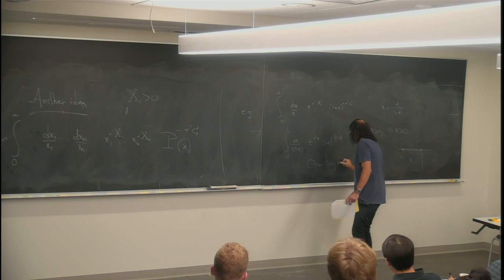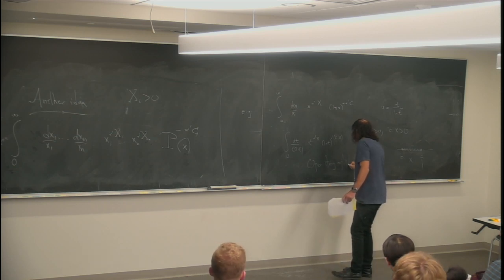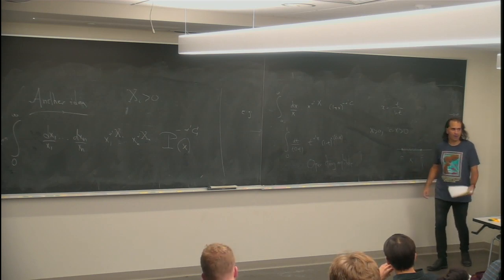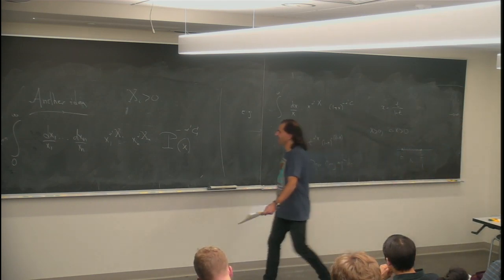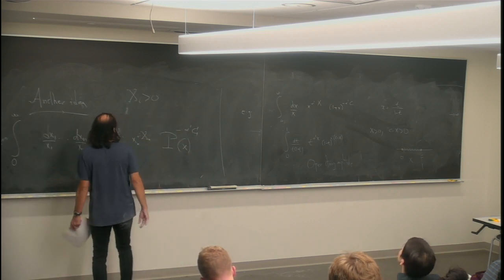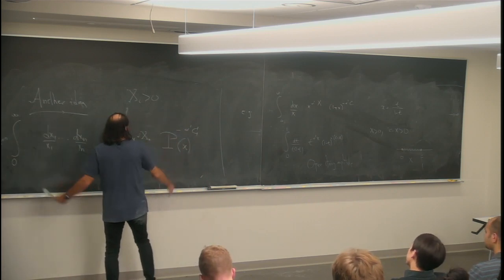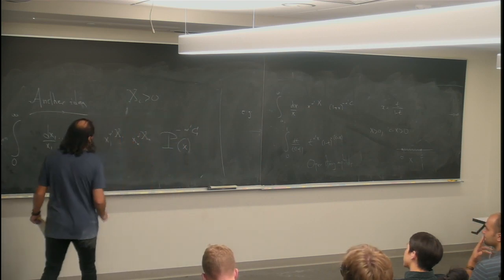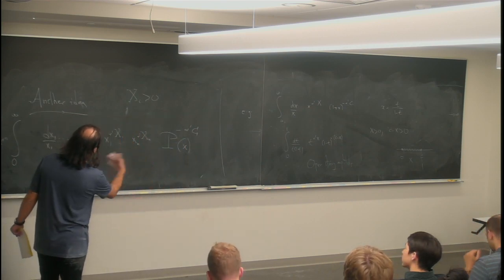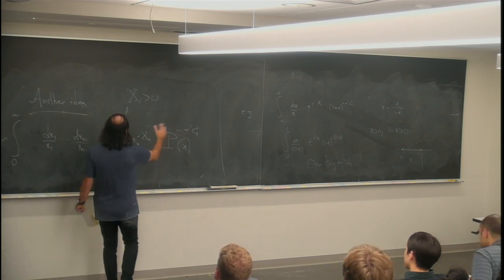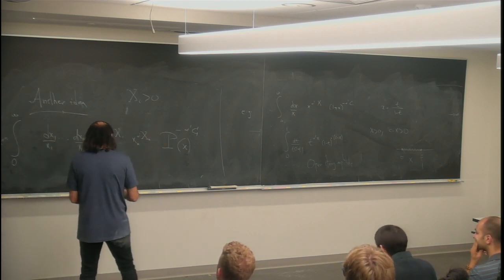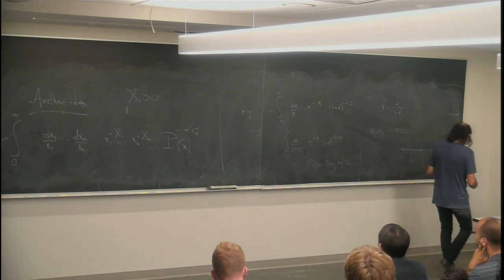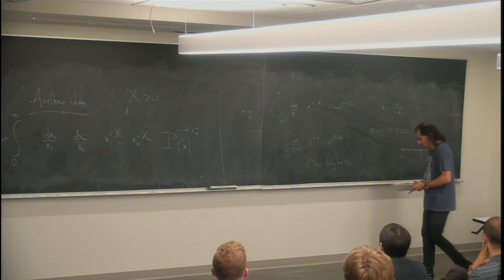I'll just say that there's an analog of everything here for the closed strings, but I don't have time to talk about it. Okay, so we can do essentially exactly the same story. You do some analog of not quite a mod squared, but you can take this thing with a p and a p prime, and these powers have to differ by integers in general. You can complex conjugate and multiply it by something else where the powers can differ by integers, and the whole object is well defined, and there's an analog of the closed string integral that we could talk about as well. Okay, but let me just talk about the open string.